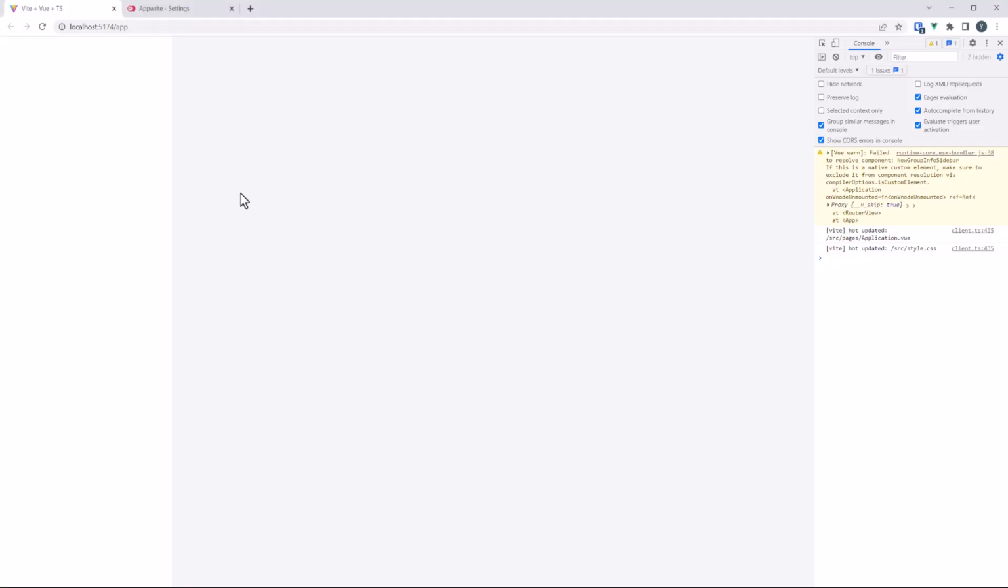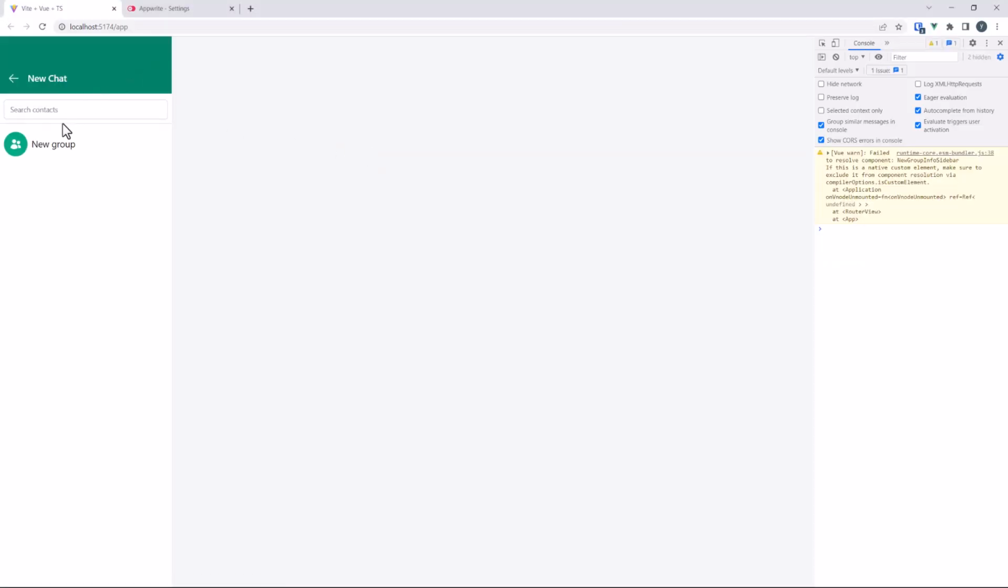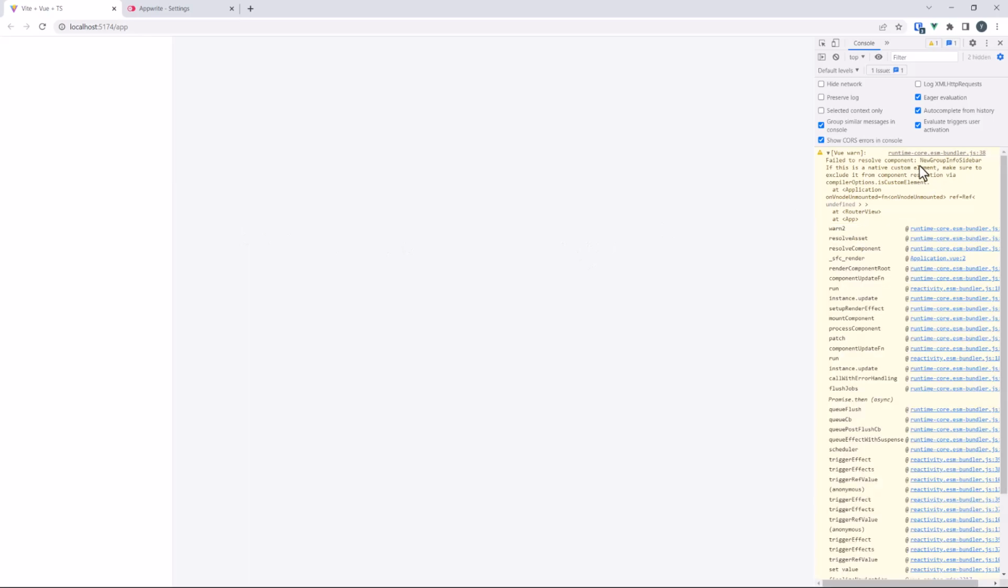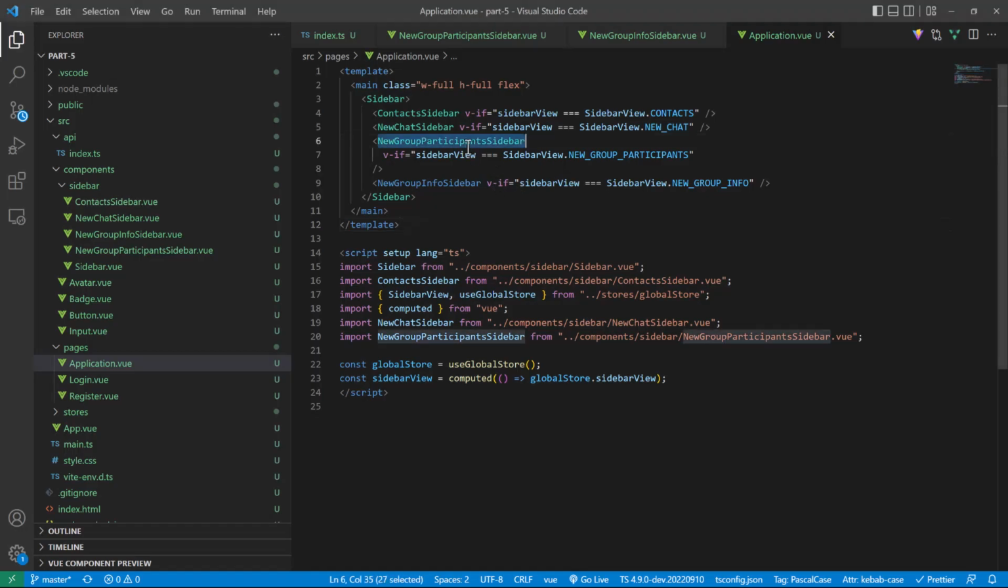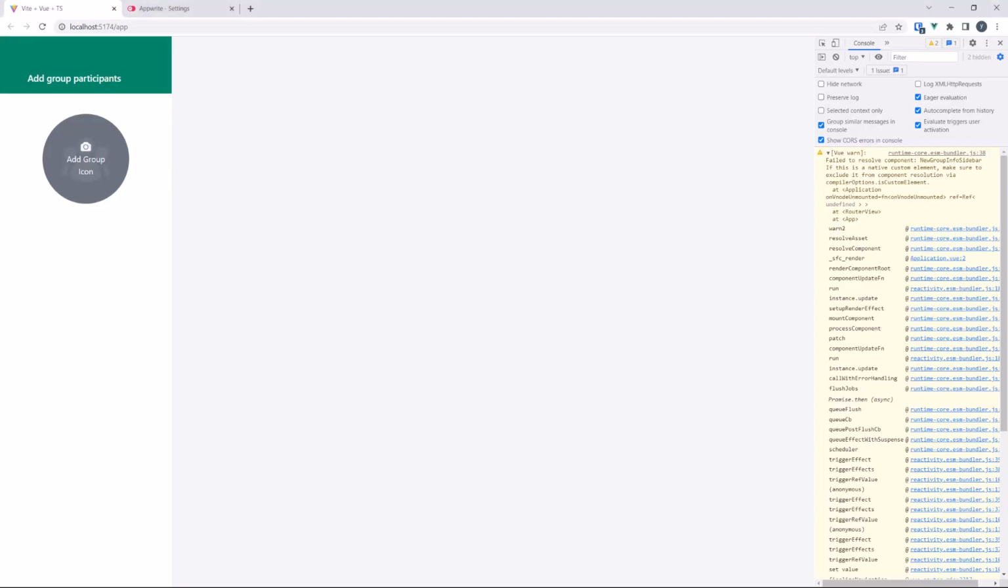All right, and if we look back here and refresh, go through this process real quick. Failed to resolve new group info sidebar, which means we didn't import it correctly. New group info sidebar, not this one, this one. We need to auto import this. And here we now have the group info, where we're going to put the